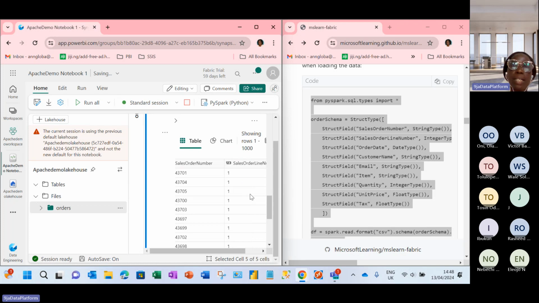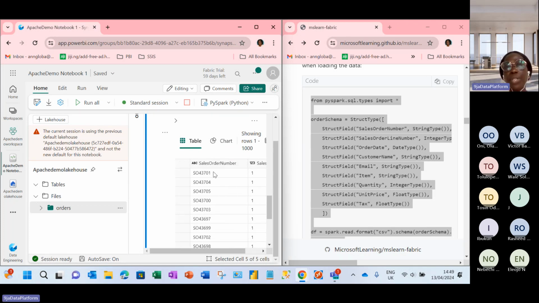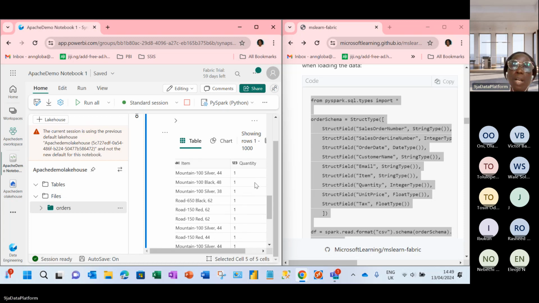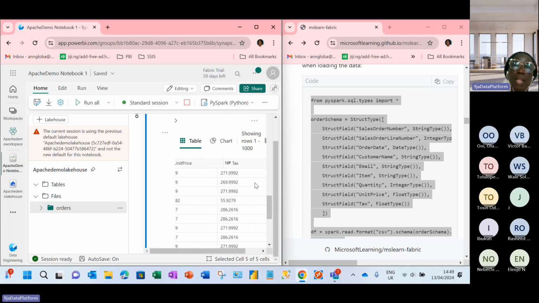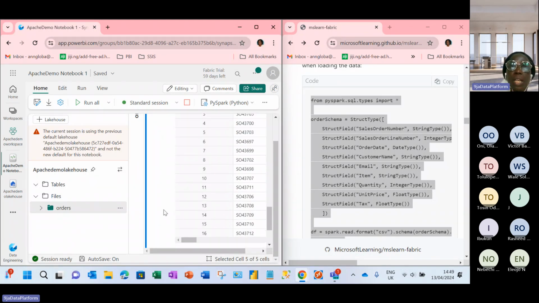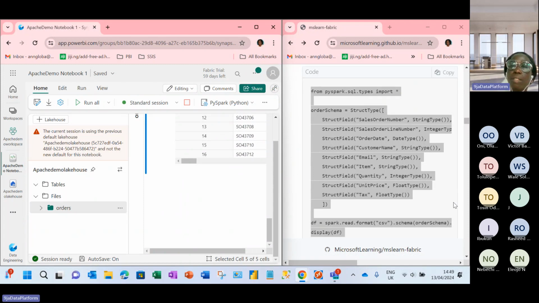So now we can see we now have a beautiful header that is well descriptive. This is our sales order number. This is our sales order line number. This is our order date, our customer name, our email, item, quantity, unit price, and tax. I think this is beautiful and this is nice. So let's go on